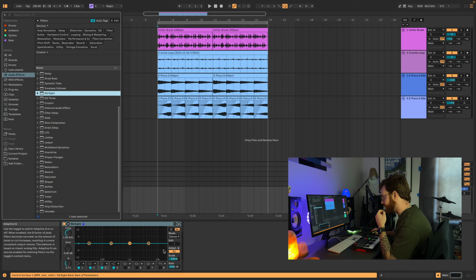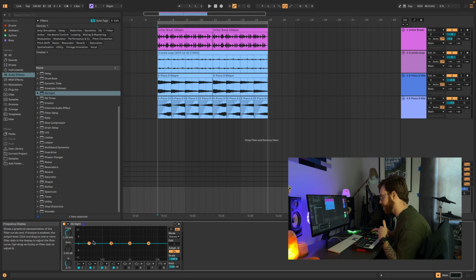EQ can actually be super simple to use. At its core, anytime you use it, you are either trying to add something or subtract something away. EQ is built up of a bunch of these little nodes that you see. They're also called bands, and you can turn them on or off by using these little blue squares. And even though there's 8 of them and we have all these controls here, they all actually do the exact